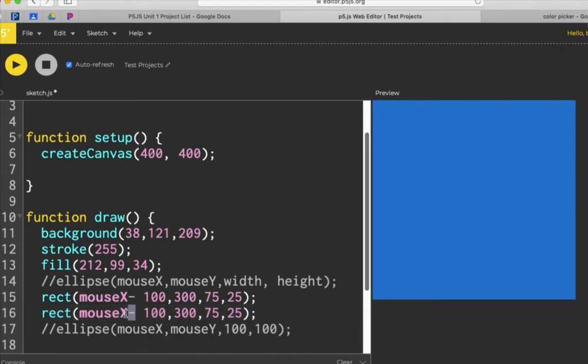Instead of going minus 100, I could do plus 100. But that looks kind of crazy, doesn't it? Like it's not directly in the middle. Because it's going off of the center point. So the distance from the mouse pointer to the left corner on both rectangles is the exact same, 100 each direction. But because